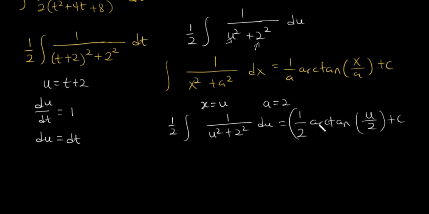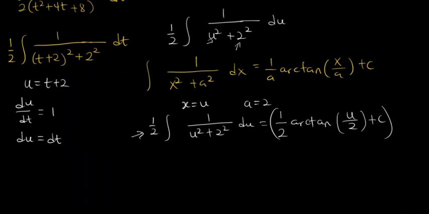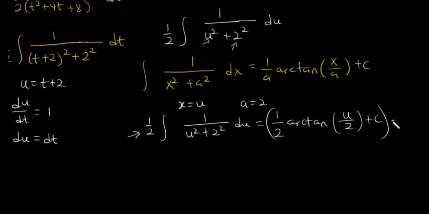And then don't forget that we have another half here. So now let's multiply by that half too. Don't forget that half. So at the end we are going to have 1 over 2 multiplying 1 over 2 arctan of u over 2, plus C. So you see that I have this 1 over 2 here, and then I'm multiplying it by this constant. But that will also give us a constant, so you still have our C here.